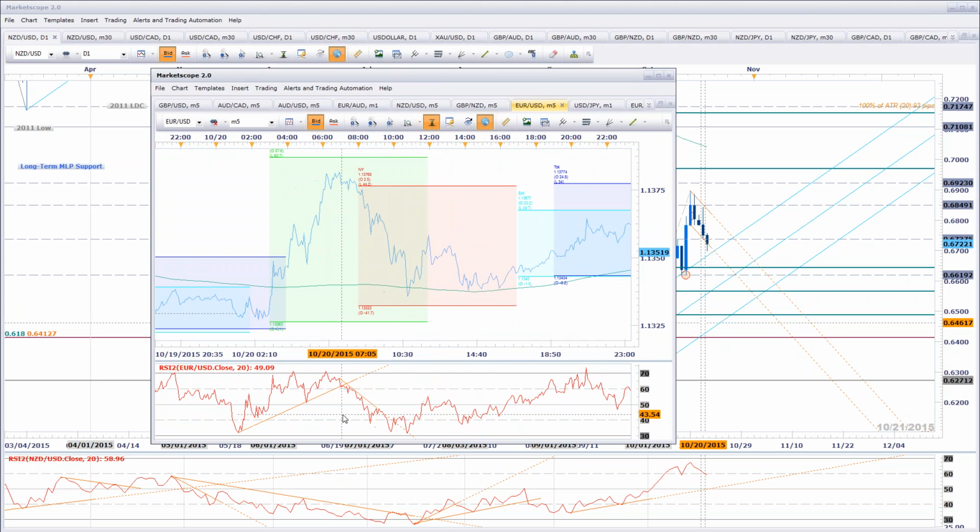So this is on all time frames, my man. We want to look at this. We can notice intraday divergence. We can have divergence on the 30-minute. We can have divergence on the weekly. We can have divergence on the monthly.